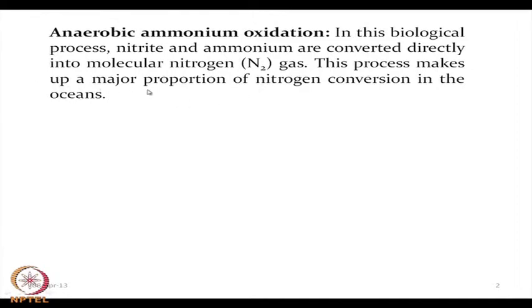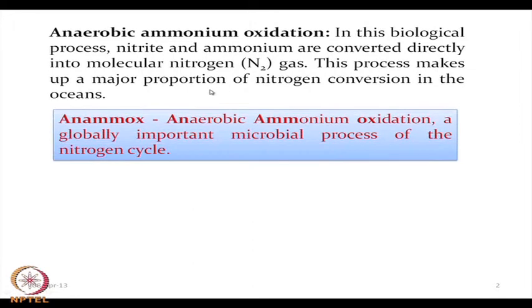So, it is basically a major proportion of nitrogen conversion in the ocean. In the ocean we get a large amount of nitrogen present, and if the nitrite and ammonium ion can react to produce dinitrogen gas, where the source of this nitrogen is both the nitrite ion and the ammonium ion, then we can think that the nitrogen gas available is due to the oxidation of ammonia or ammonium ion. So, consider a condition where in anaerobic condition ammonium ion is getting oxidized,